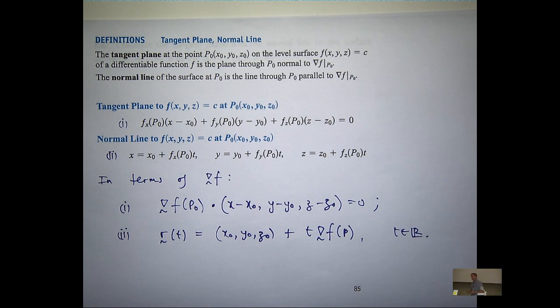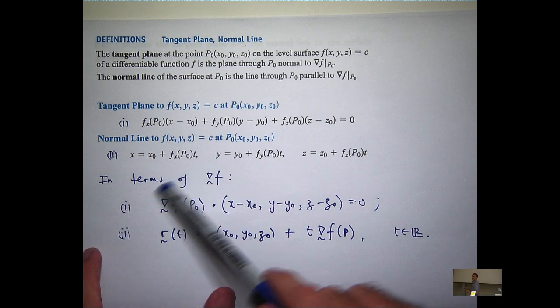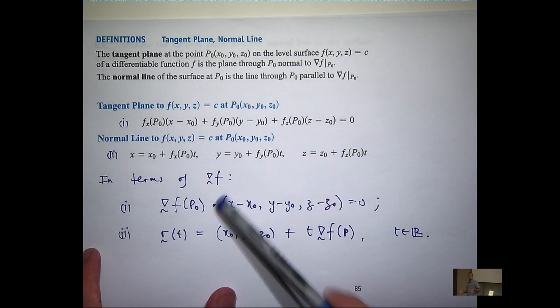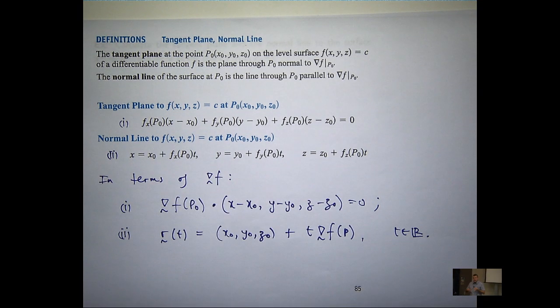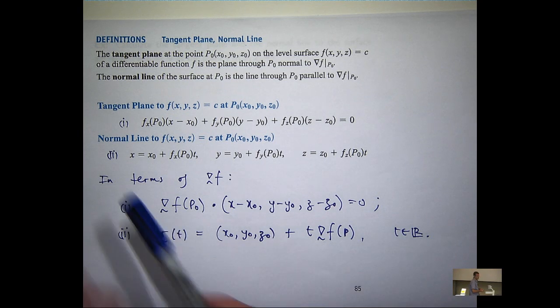Okay? Here's your normal vector, right? And this will be a vector in the plane. If you think in those simple terms, it's very easy to come up with these equations. Secondly,